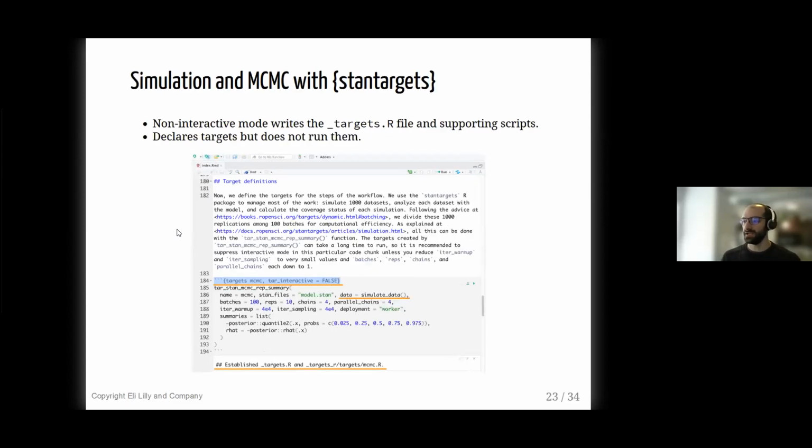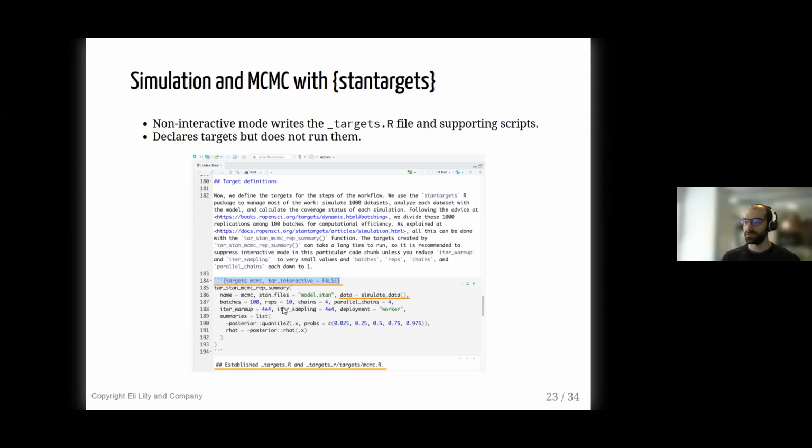If we go to define a target, then yes, you do also get interactive mode and non-interactive mode. And here we're invoking the target factory that declares and runs this entire simulation study to make use of the simulate data function that we defined on the earlier slide, and turn that into a workflow where we're applying this model to each of thousands of, or in this case, 1,000 data sets.